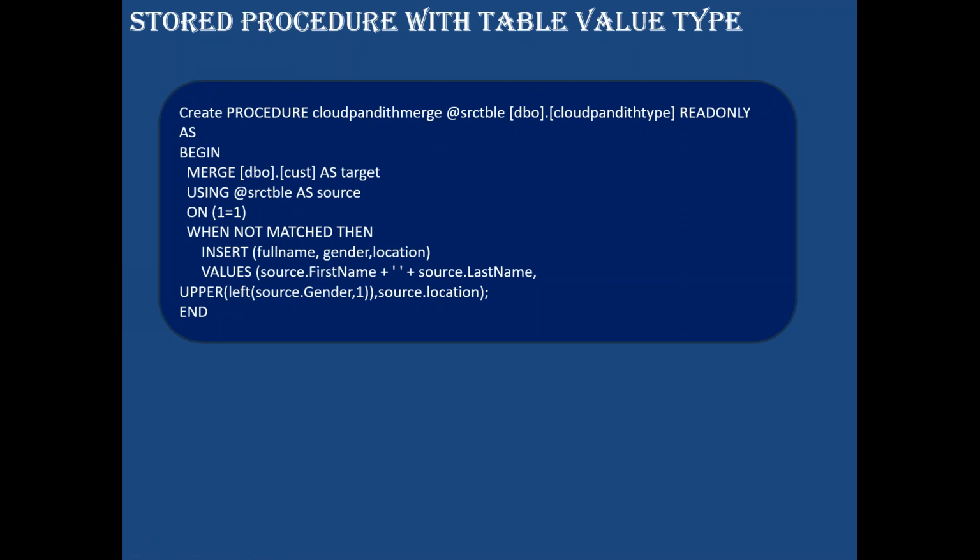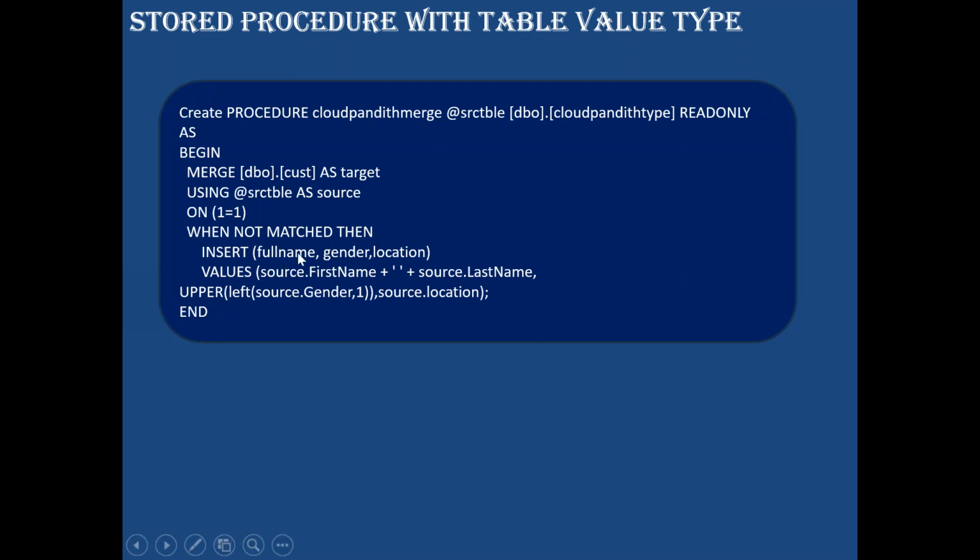So using that particular SRC table, the source table, I have the source first name, source last name, source gender, and source location. Now what I'll be doing is inserting into this customer table. I hope everybody is aware of the merge statement, right? MERGE INTO the target table USING the source table ON a condition, WHEN MATCHED UPDATE, WHEN NOT MATCHED INSERT. So this is a Cartesian product, meaning all the records would go for the updates, and all the records would go for the unmatched as well. So I am not taking the updates, I'm just considering them as unmatched, meaning I'll be loading them into the target